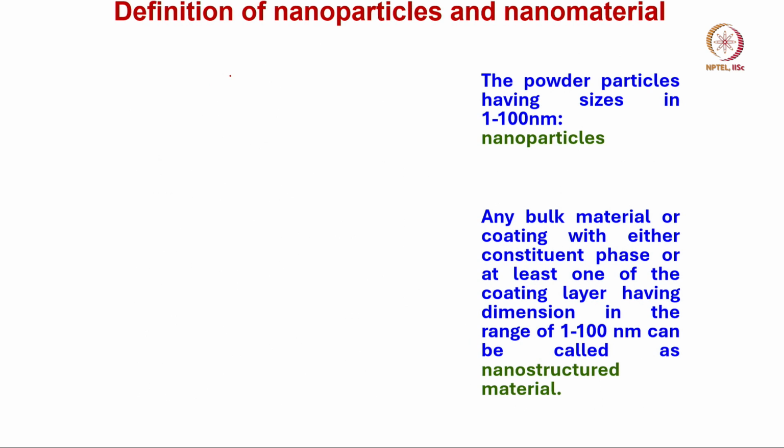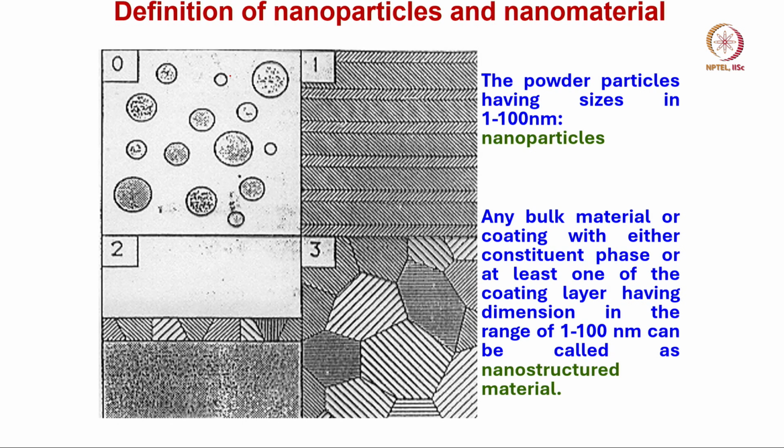This will be my last slide in this particular lecture. You have come across the term nanotechnology. In nanotechnology, materials processing is done by two approaches. One is called the top down approach, another is called the bottom up approach. These two approaches are quite judiciously used to make materials of different sizes and also different shapes.